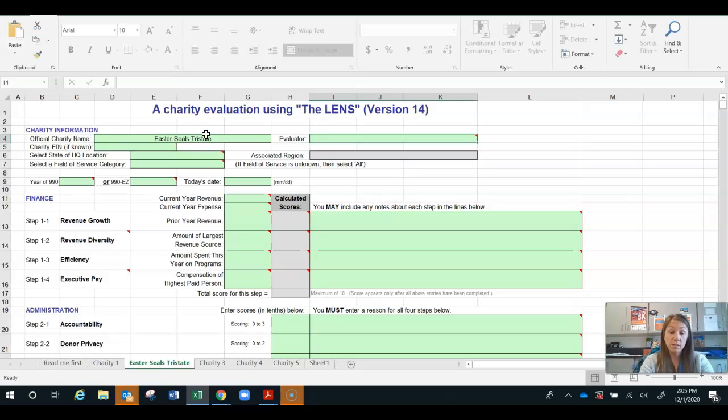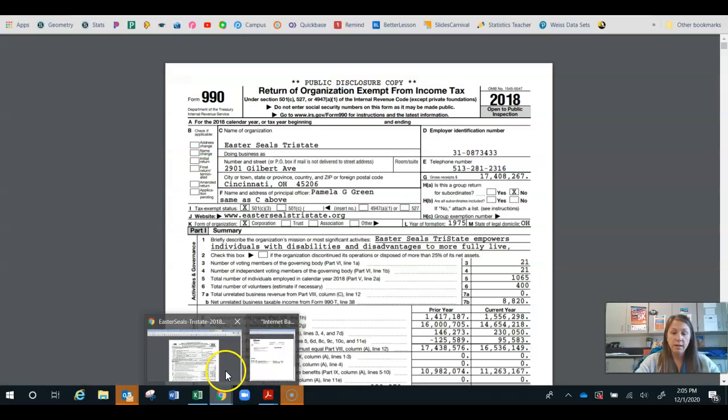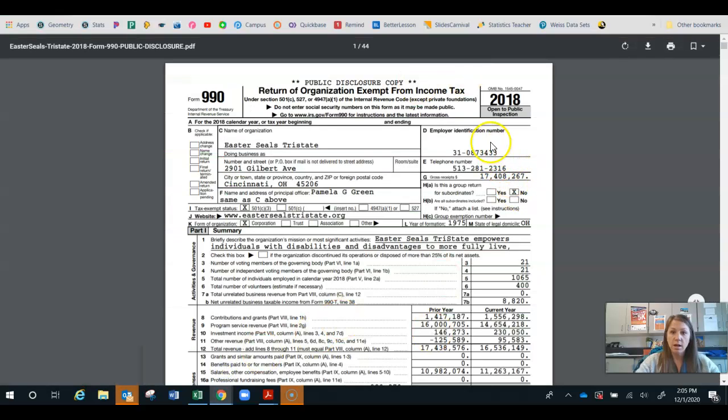The evaluator is you. So you're going to type your name in there. And then the charity EIN. The charity EIN is actually their employer identification number. So that's a specific number that they actually receive when they are an official nonprofit organization. So we'll type that in,